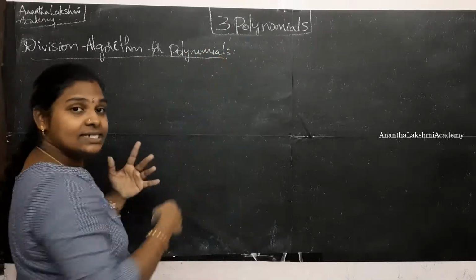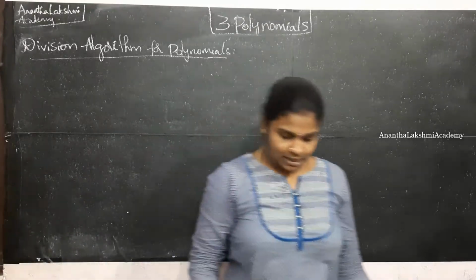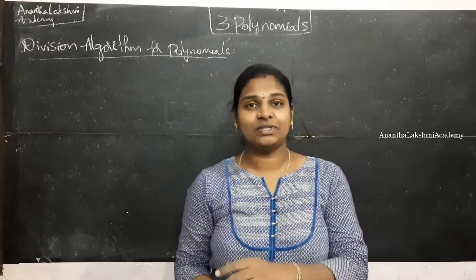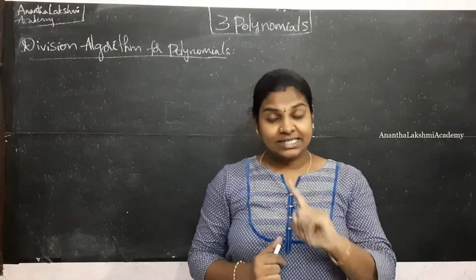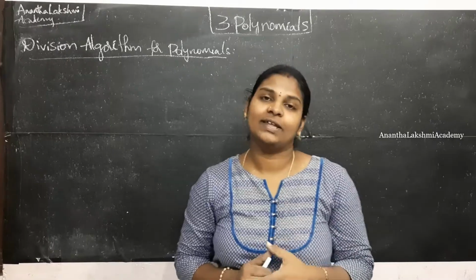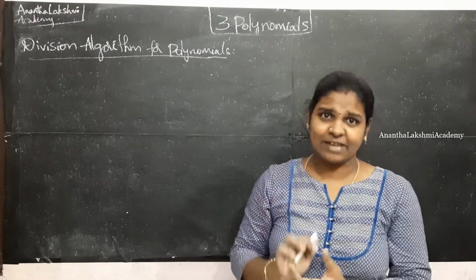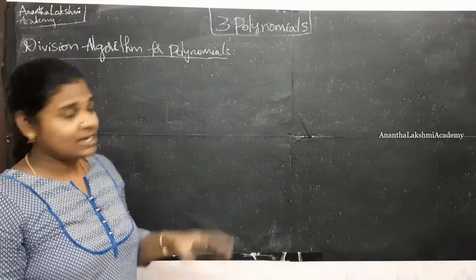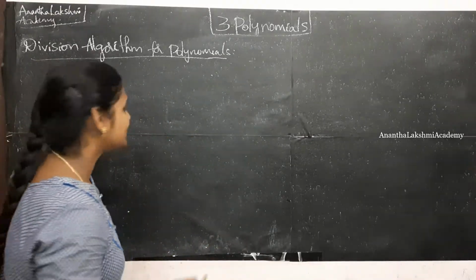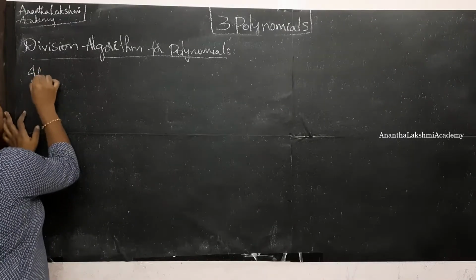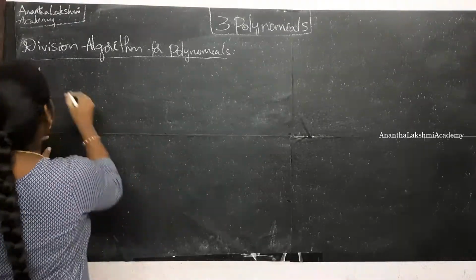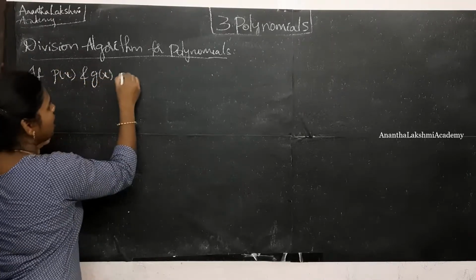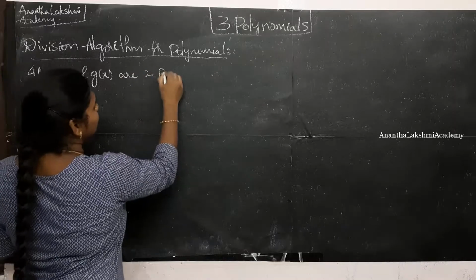So we have discussed this division algorithm earlier also. Where have we discussed? If you have gone through my first chapter video on real numbers, we have discussed Euclid's division algorithm. It's the same thing, wherein we assumed numbers there. Here we are going to assume polynomials. So if I'm trying to state the algorithm, if p of x and g of x are two polynomials,